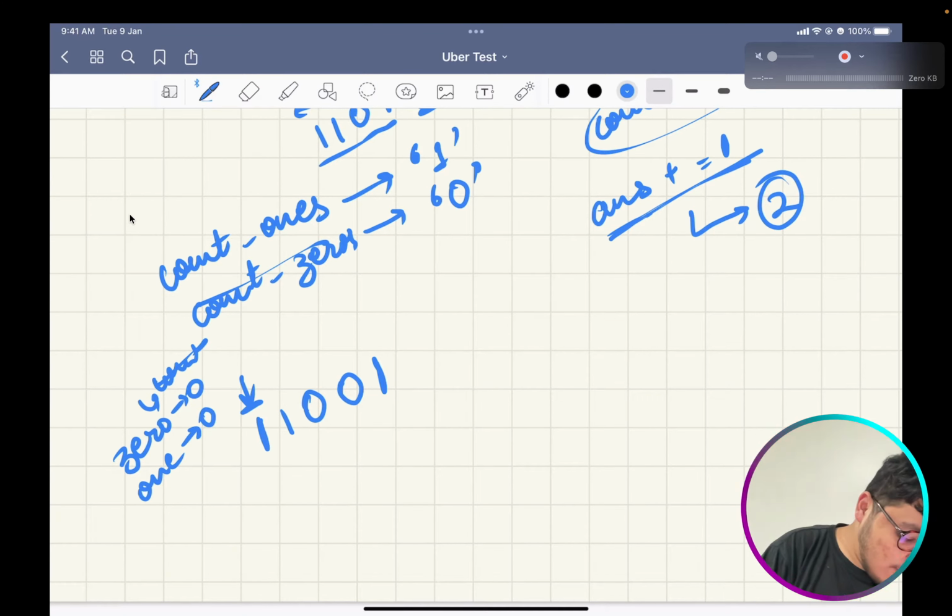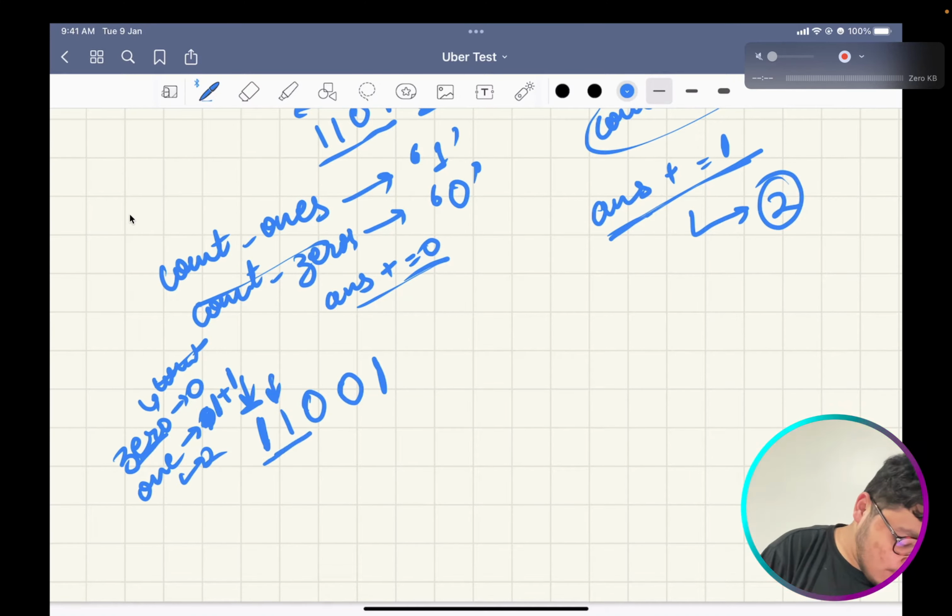So here I won't be incrementing my answer. Answer would be incremented by 0 because the count of zeros is 0. Now I'll move here. The count of zeros was also 0. So now the count of ones would be 2.